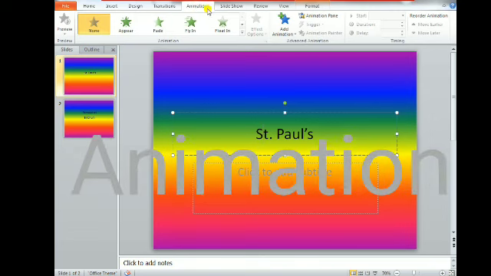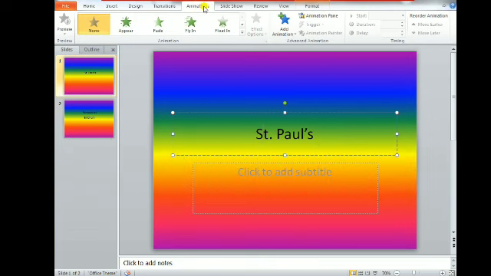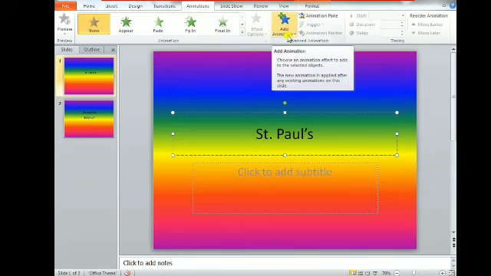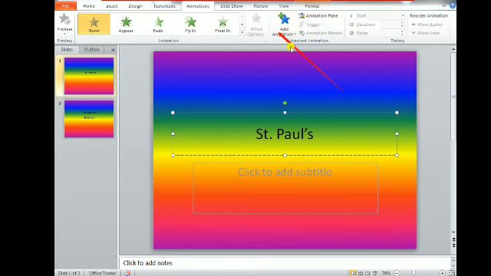The second part is animation. It's a very interesting part. See how I will go. Just follow these options: the Animation tab, and Add Animation. Here we will go. This is the main thing. You have to click on Add Animation.